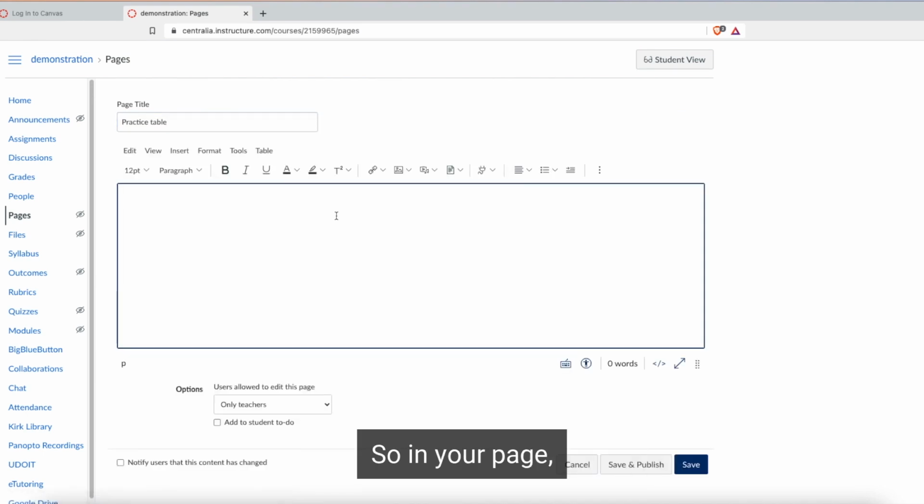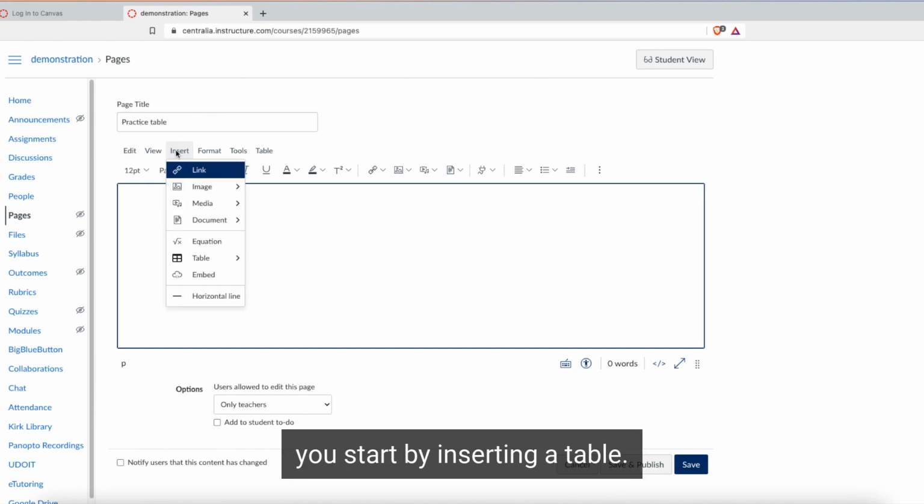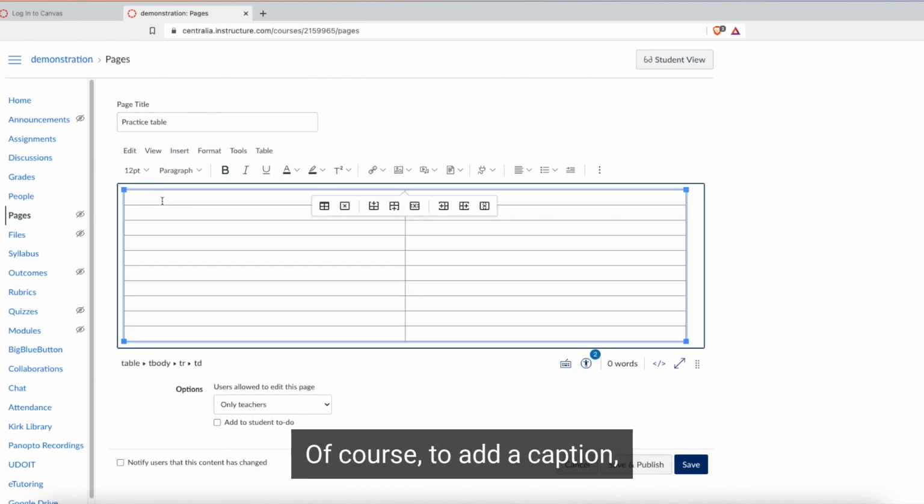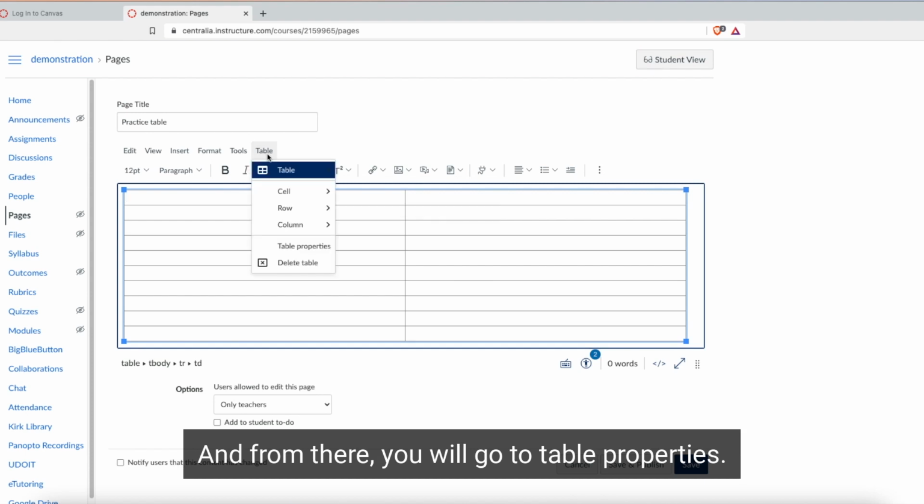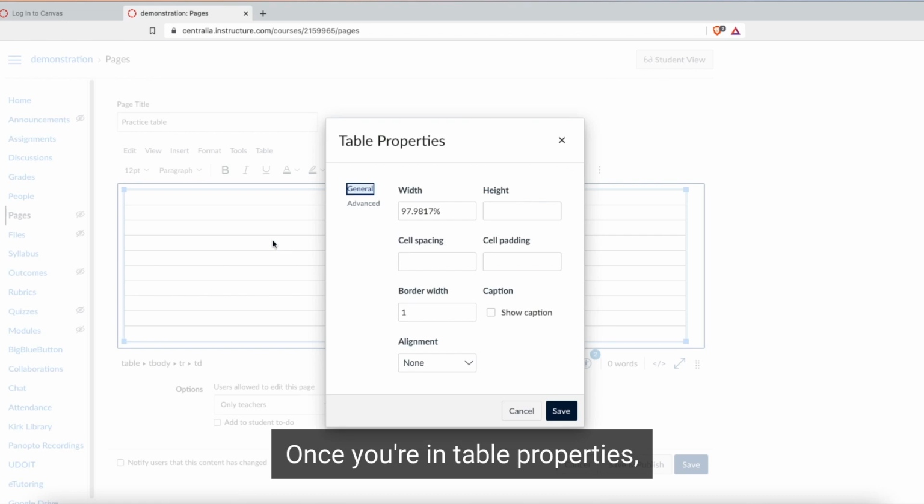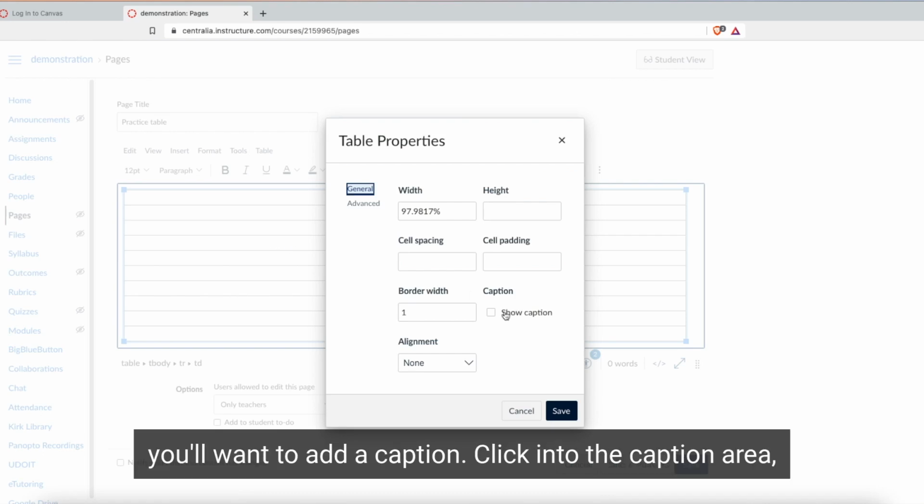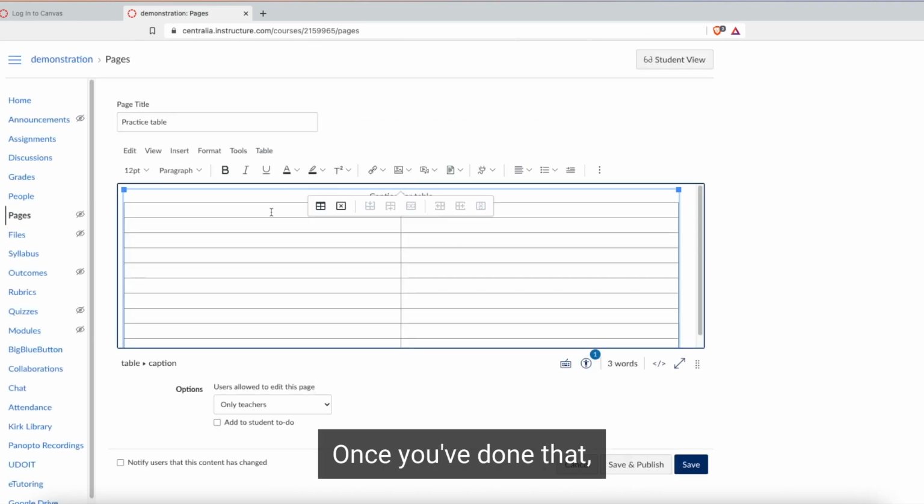So in your page where you're going to have a table, it's similar to what we just did. You start by inserting a table, of course. To add a caption, you click into any cell, and then you'll select the table button, and from there, you will go to Table Properties. Once you're in Table Properties, you'll want to add a caption. Click into the caption area then and type in your caption. Once you've done that,